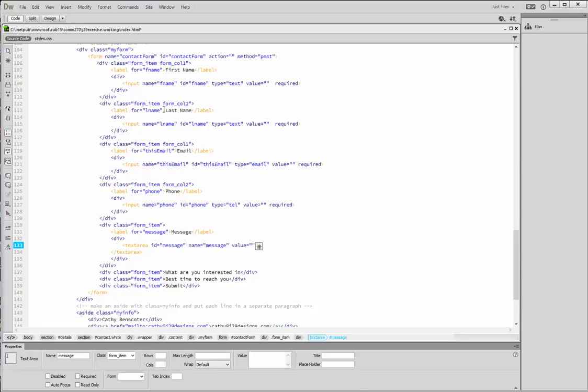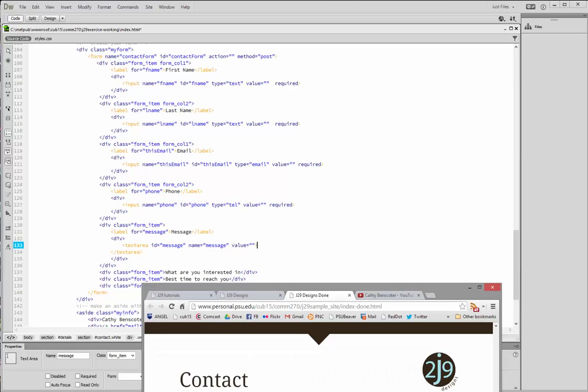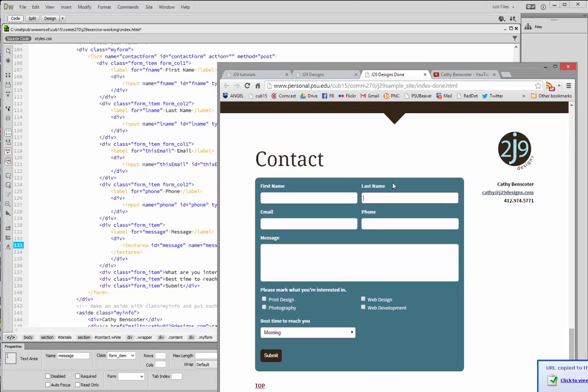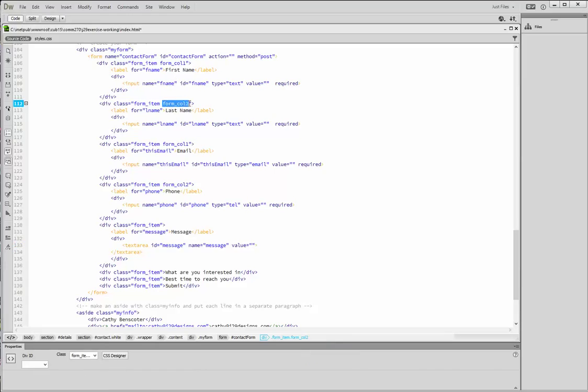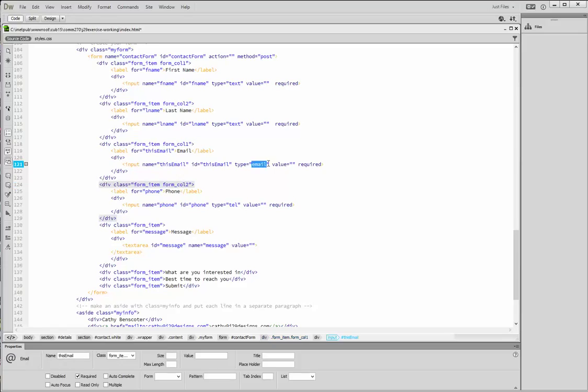For the items that were the second ones in the columns, so last name and phone number in this particular instance, I put a class of form column 2 on those. So on the email is form column 1, and on phone is column 2. On the email one, note that I put a type of email,